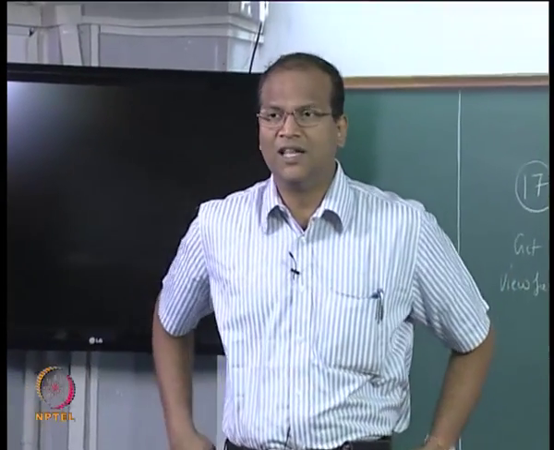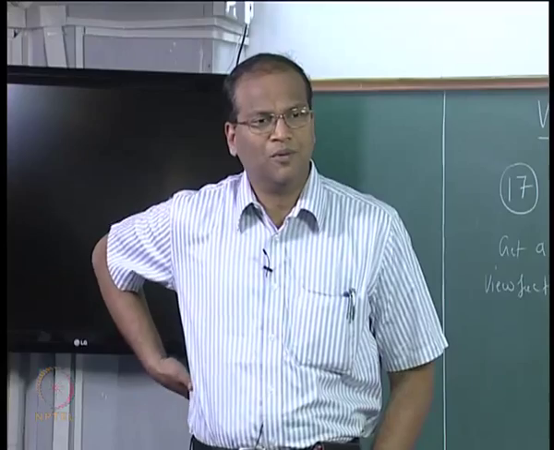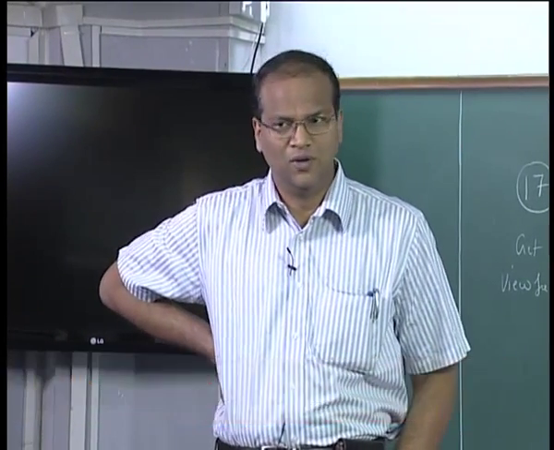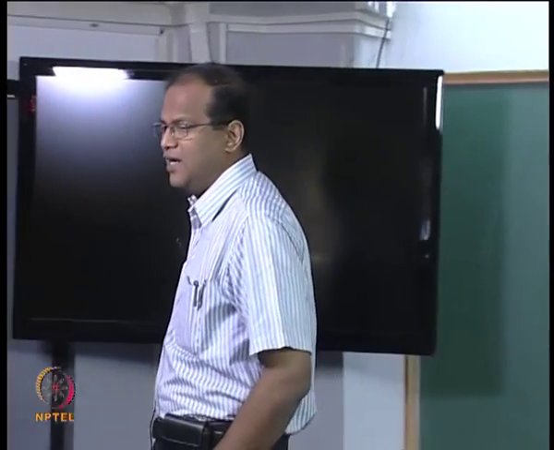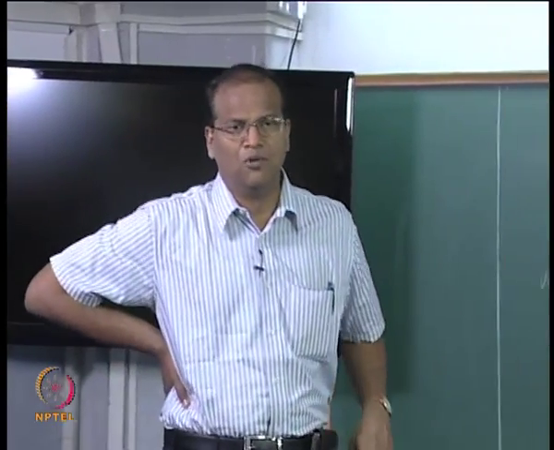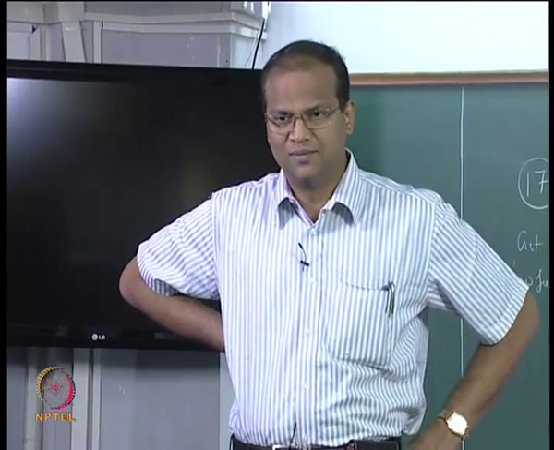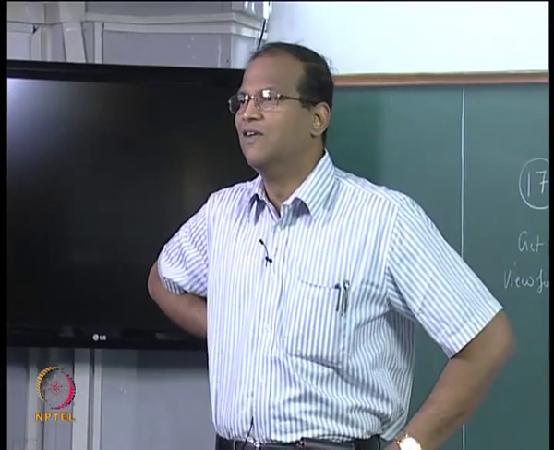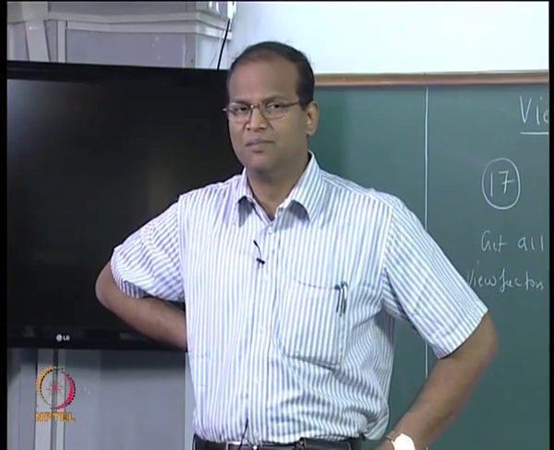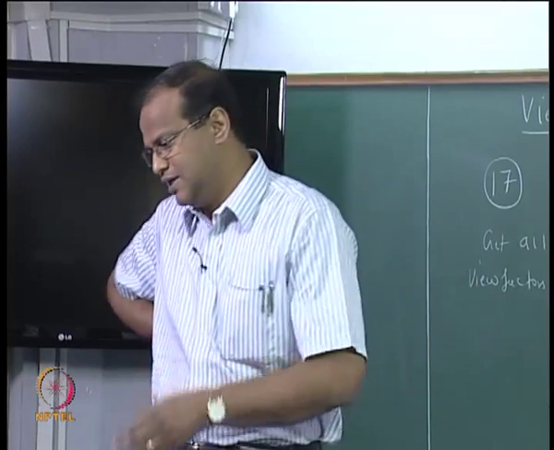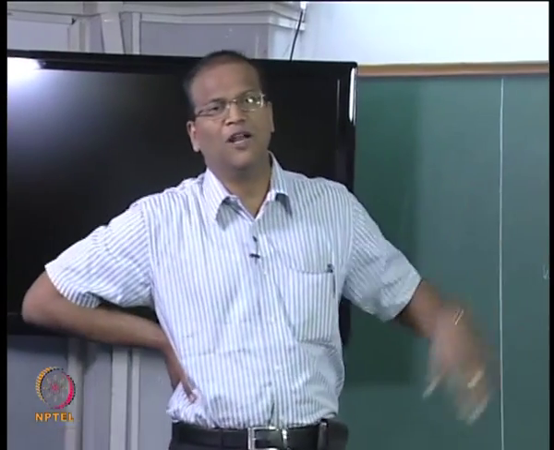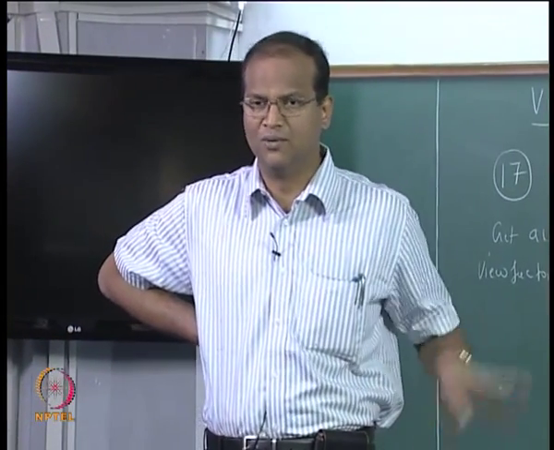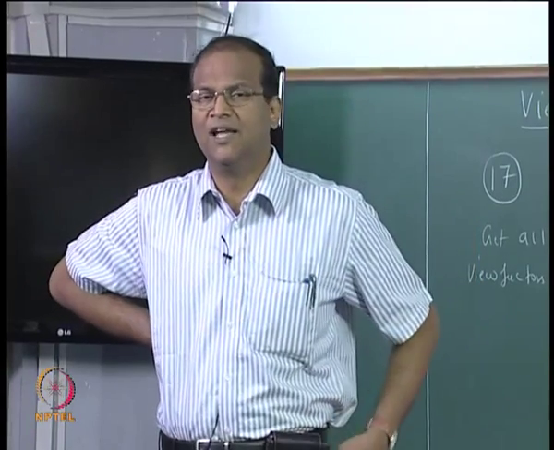So, in yesterday's class we looked at the triangular enclosure problem where there was a general triangle with A not equal to B not equal to C, okay. The line segments are given as A, B, C. This duct is infinitely deep in the direction perpendicular to the plane of the board. Maybe at this point I did not emphasize in the previous class, so a lot of people had doubt whether it is having a finite depth in the direction perpendicular to the plane of the board. So, it is implicit that we are looking at a 2-dimensional geometry. So, we are not worried about the depth direction. The depth direction is much longer compared to the other dimensions.